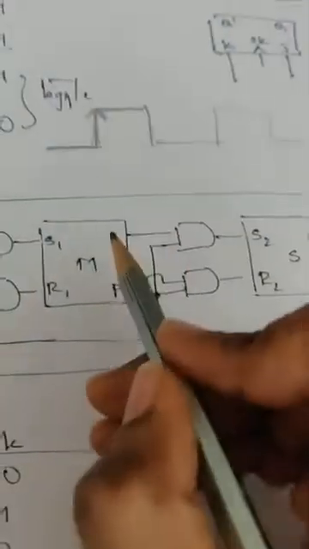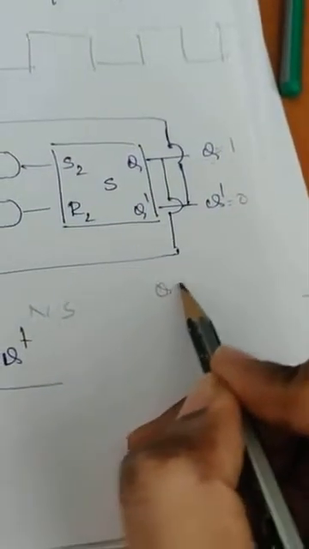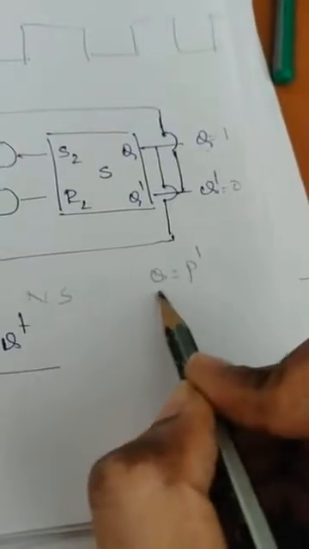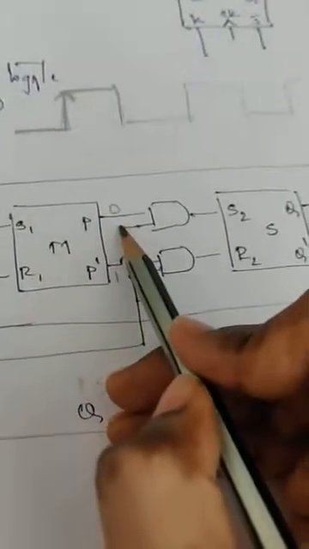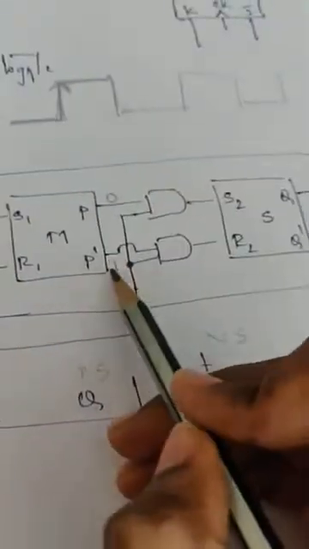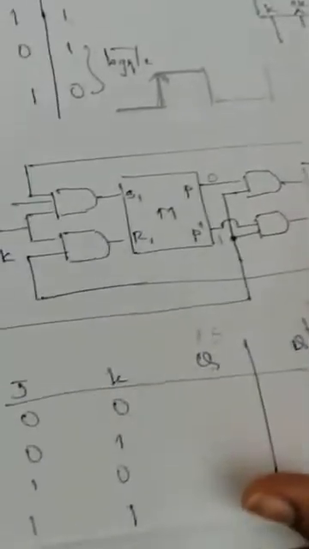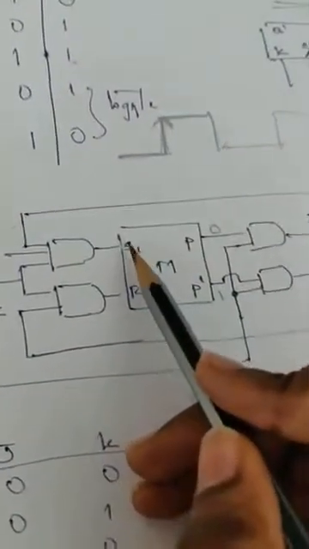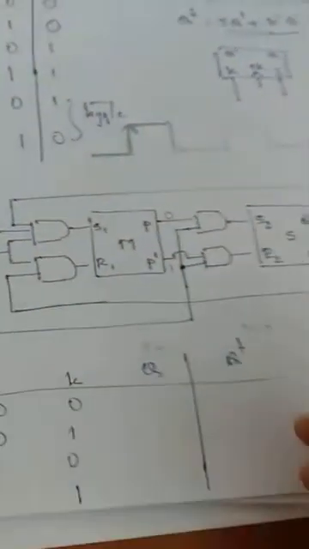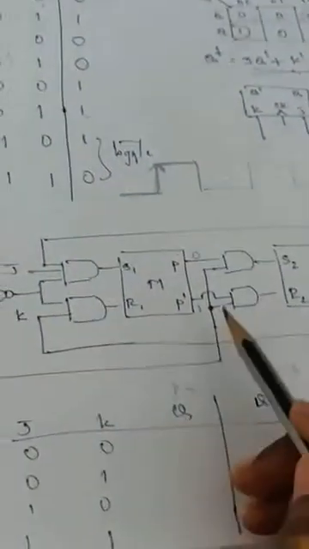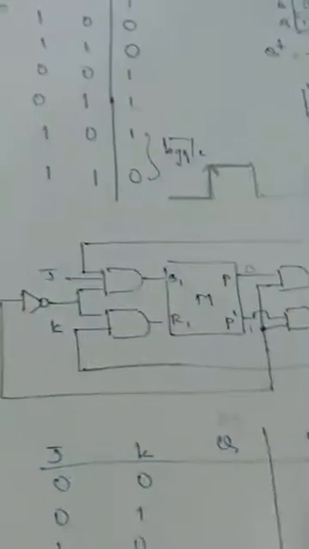If Q is equal to 1, what would be P? P is 0. If P is 0, what is P bar? 1. You know that Q and P are complement of each other. If Q is 1, obviously P will be 0. If Q bar is 0, obviously P bar will be 1, complement of each other. As I just told in the SR flip-flop, the same concept. This is master, this is slave. The circuit diagram changed a bit. You need to learn how to write the circuit diagram of SR flip-flop and JK flip-flop. So let me take, this is clock.